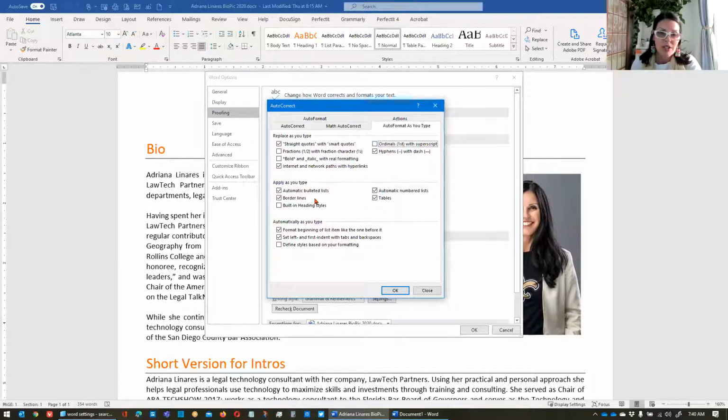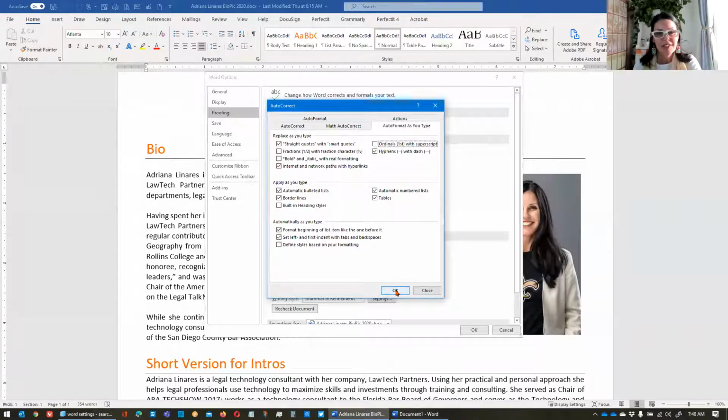People will come in here when they see this and they will turn off automatic bulleted lists and automatic numbered lists because they get frustrated when trying to create a numbered list. Here's what I encourage you to do, not that. These are helpful settings. What you're better off doing is learning how to deal with automated bullets and lists and also how to set your own defaults, which I can't get into today in half an hour, but I would encourage you to just learn how to use Word a little bit better. Instead of turning off these settings, if you turn them off, you're basically turning Word into a typewriter. So you might as well just get a typewriter. But I encourage you, just become a better Word user.